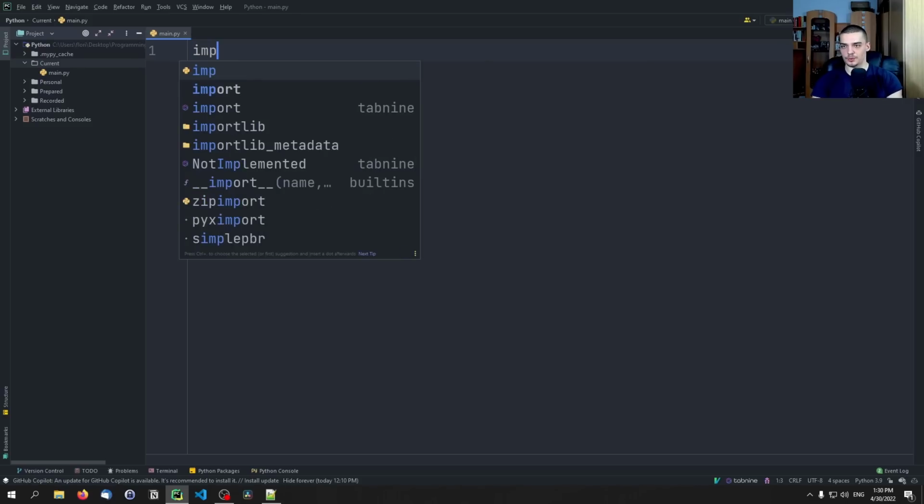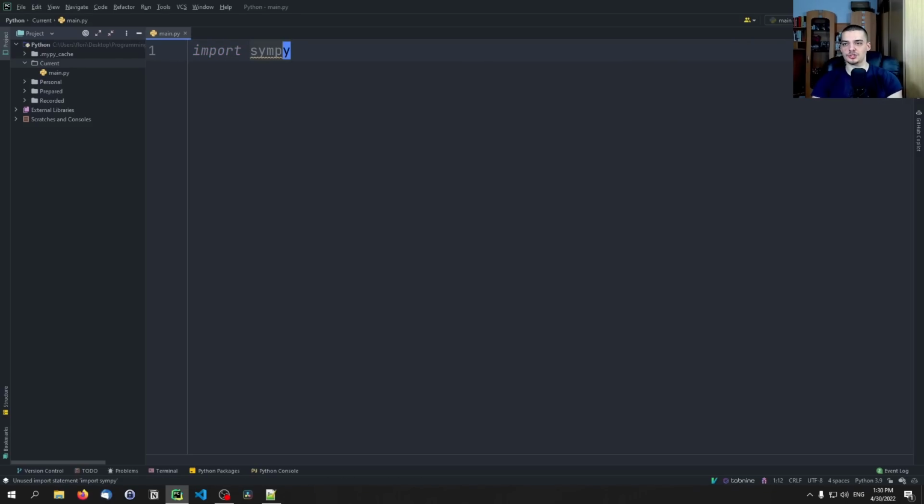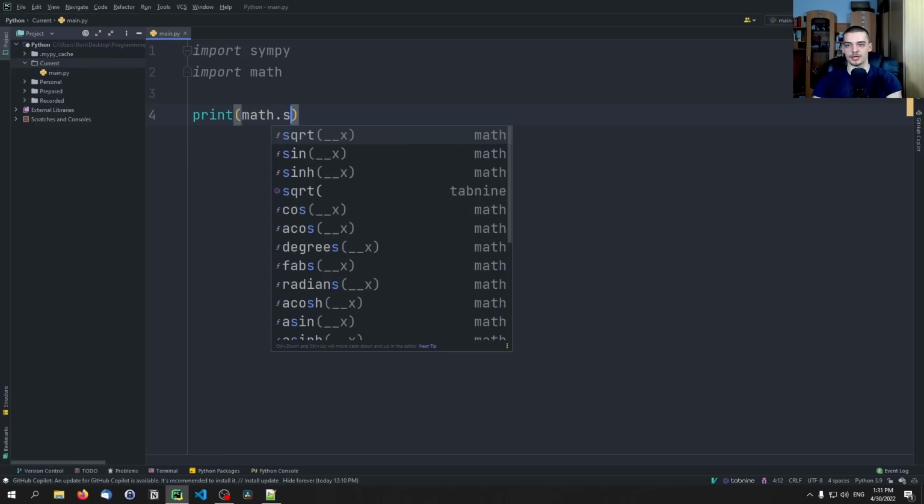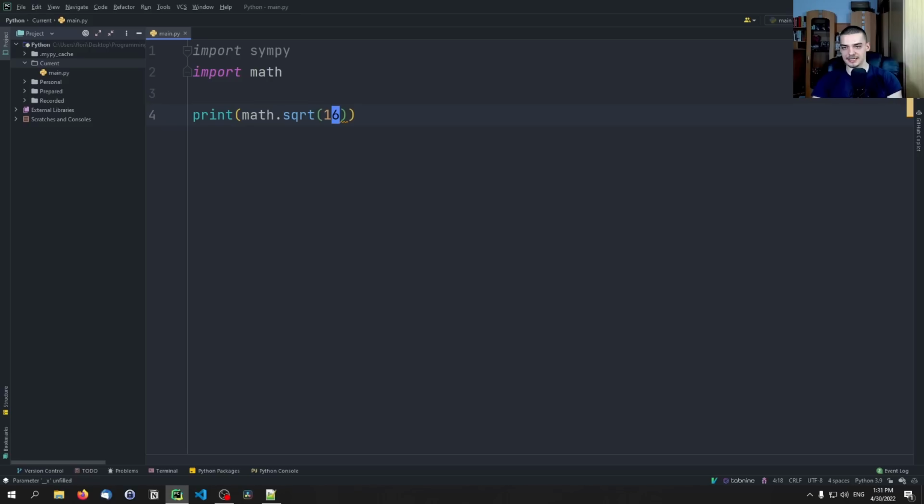And once you have that, we're going to import sympy, and I'm also going to import here, for demonstrational purposes, the core Python module math. The reason I'm importing math here is because I want to show you the difference between calling a math function that has the same name and calling a SymPy function that has the same name. So if I print here, for example, math.sqrt(16), and I also print sympy.sqrt(16),